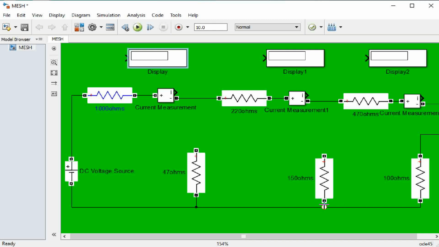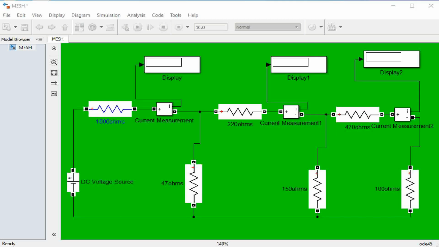All resistors are connected. Next let us connect here. This is your simulation diagram connections. We have connected all 6 resistors, 3 ammeters and 3 displays.